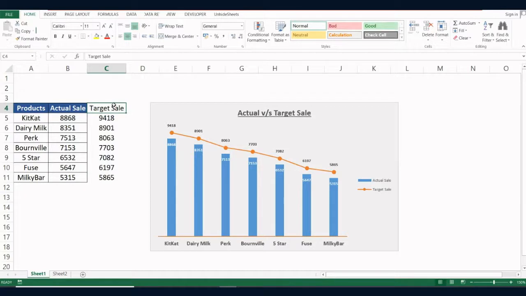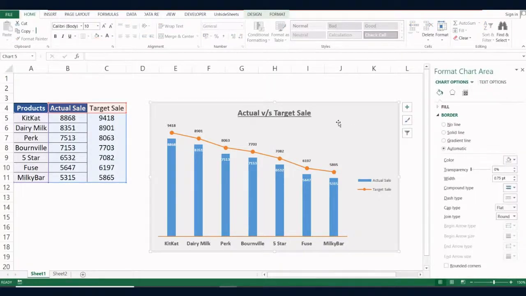So now you can see that this is looking much more appealing than the one that we had before. This is how you can play around with all the options that you have in the dialog boxes, which you can get with the Ctrl+1 shortcut key. And this is how you can play around with the other options, and you can beautify your chart.